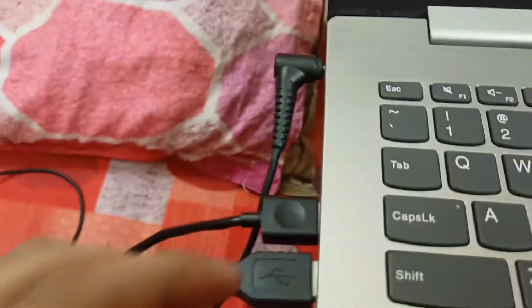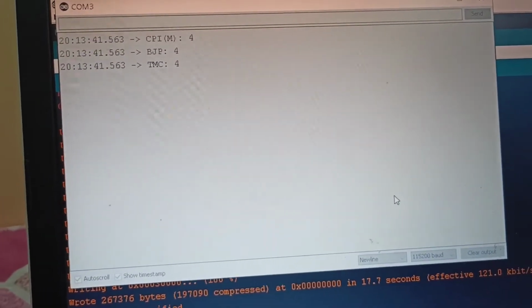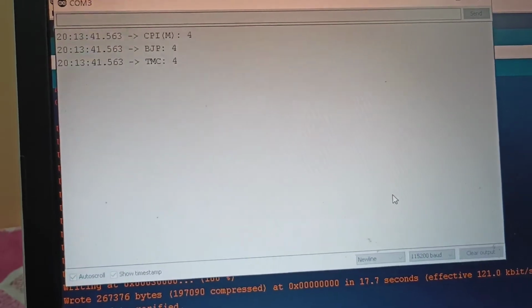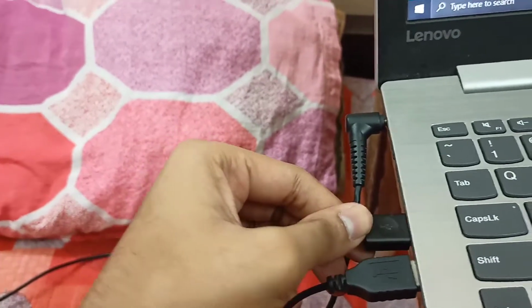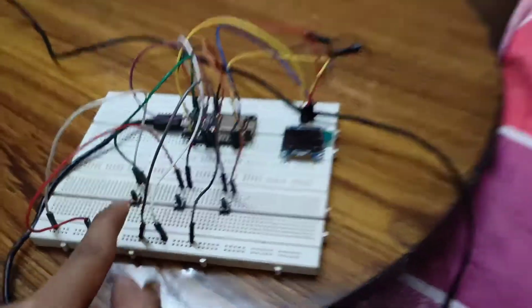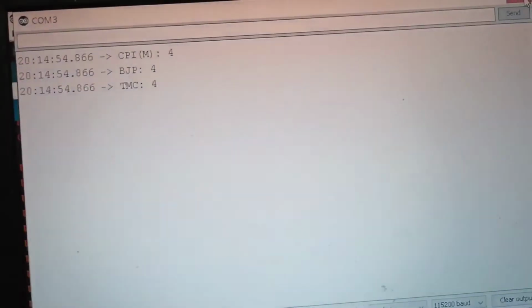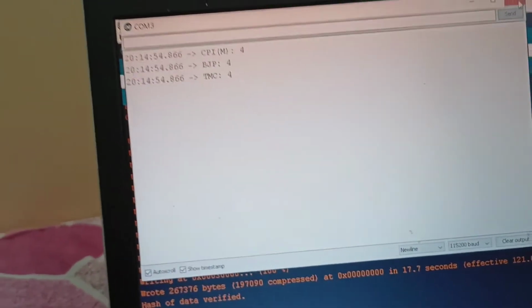If you doubt that it is being done just by the code, to show you that it is not, I am disconnecting my board from my computer. Now it is disconnected. As you can see, the serial monitor has become gray. Now let me plug it in again and read it from there. As you can see, again it has retained the correct values from the EVM.